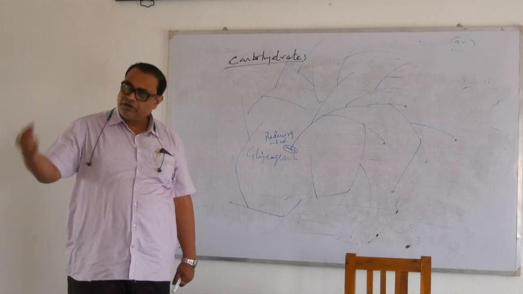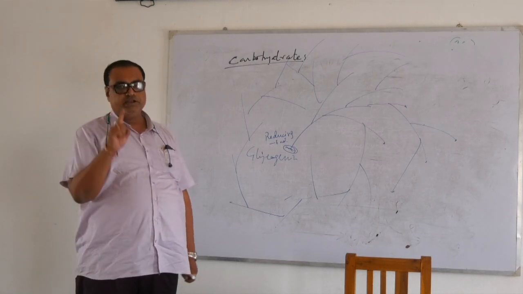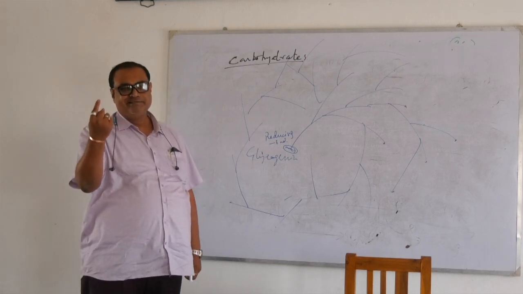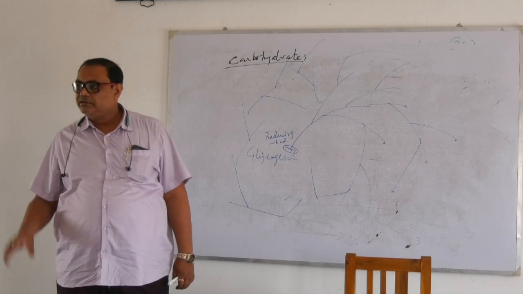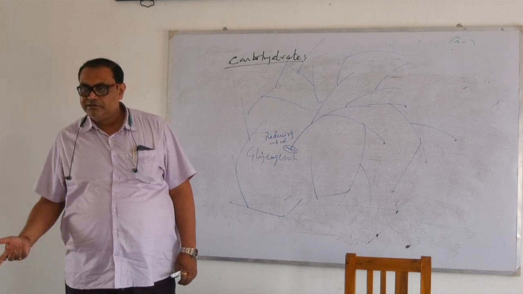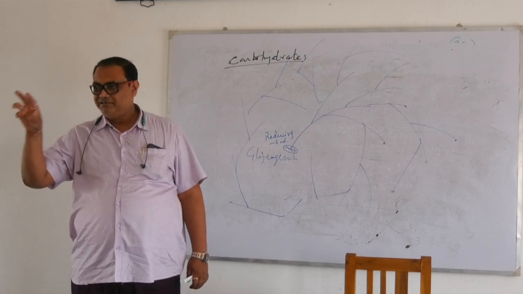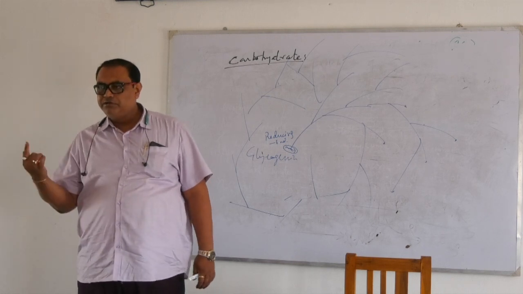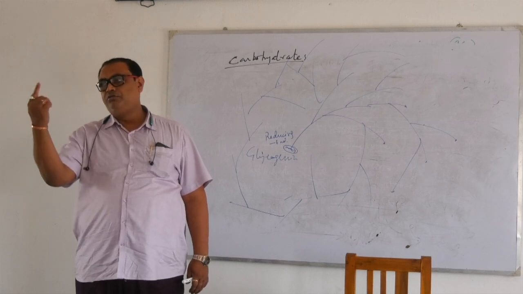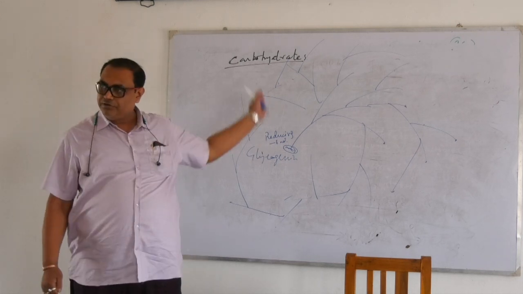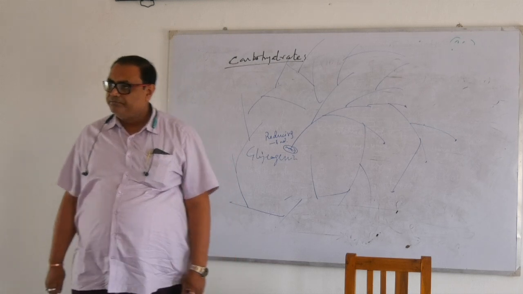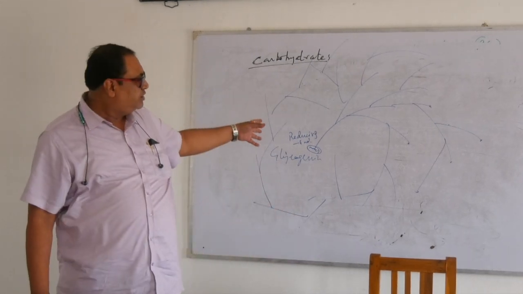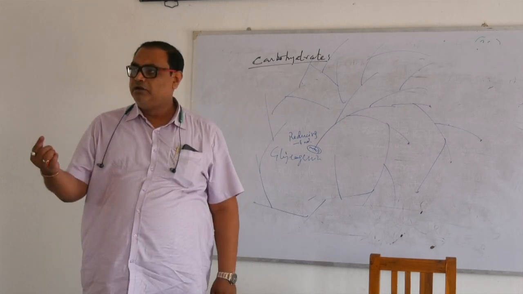In one molecule of glucose there is one reducing end; in one molecule of glycogen there is also one reducing end. So it contributes equivalent to one glucose, the whole molecule. Otherwise, what would have happened? Had it been the other way, with numerous reducing ends and one non-reducing end,